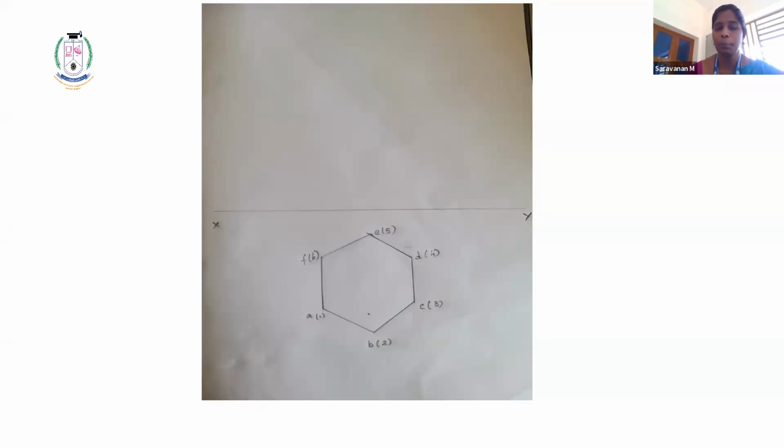So what is this? Is it a prism? So prism means you have two faces, top face and bottom face. Okay. So for the top face I have given alphabets and for the bottom face I have given numbers. Okay. So from the top you can see the top of the prism. So I have given A, B, C, D.